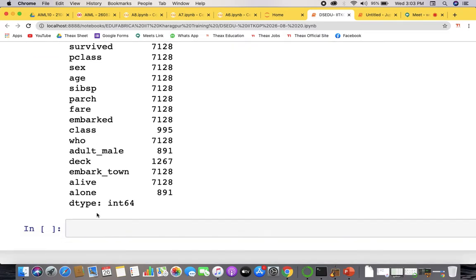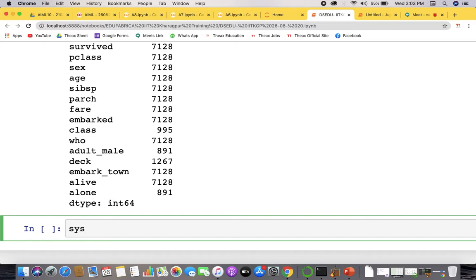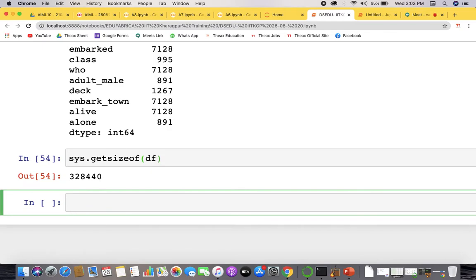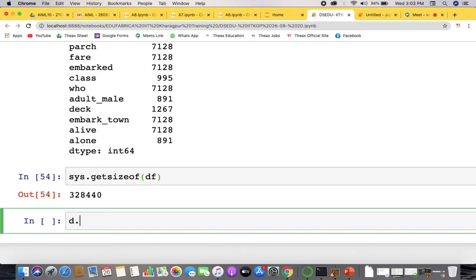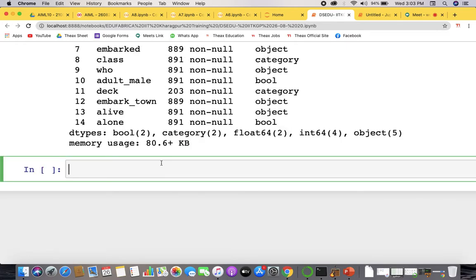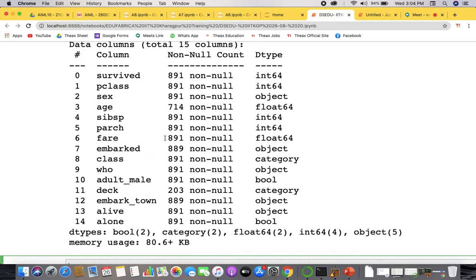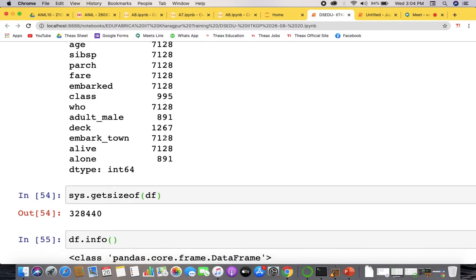If you write sys.getsizeof of this df, it is 328,000, around 300 plus KB. And if we write df.info, it says 86 plus KB for the memory usage. So this is in the KBs.